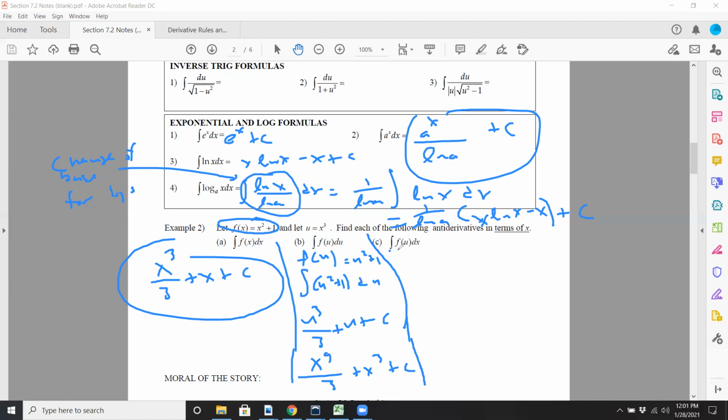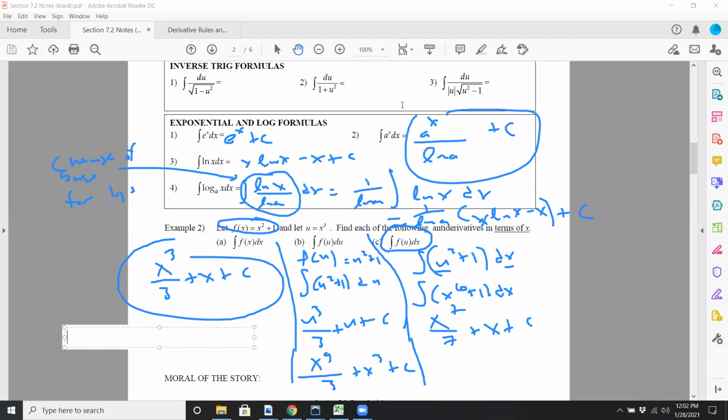Now this is interesting. That's an interesting one. You're integrating f of u, which again is u squared plus 1, but then dx. So those are not the same. So what you need to do then is replace the u right off the bat with x cubed. It becomes x to the 6th power plus 1, and then you work it out. You get x to the 7 over 7 plus x plus c. So the moral of the story,